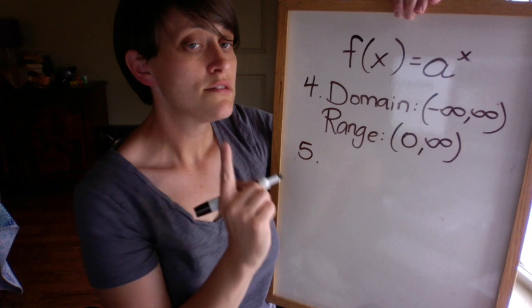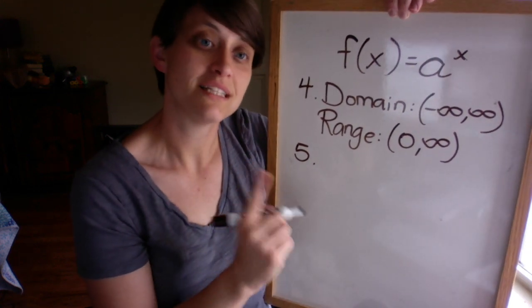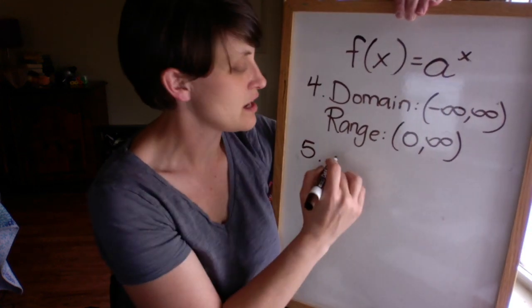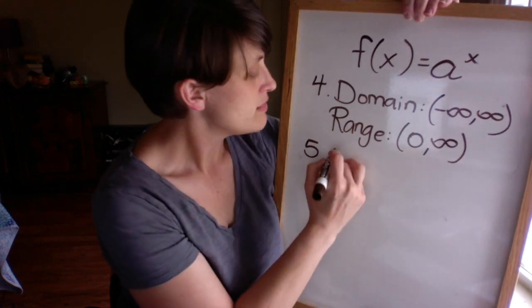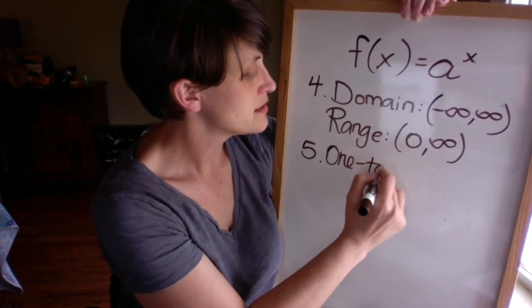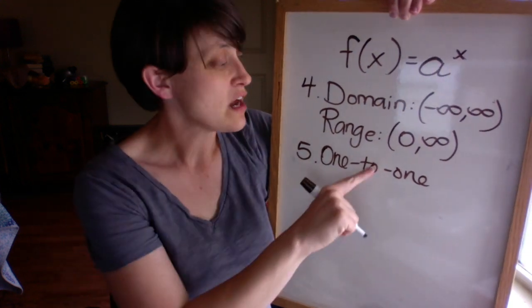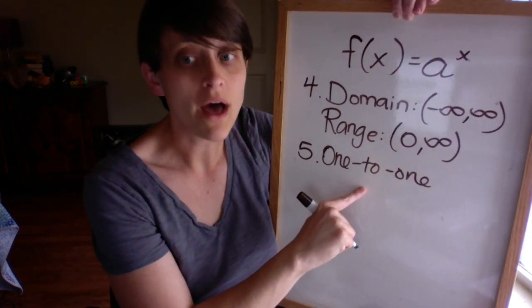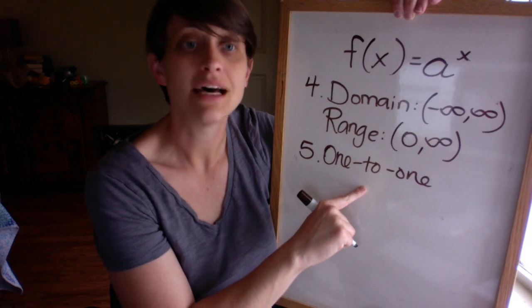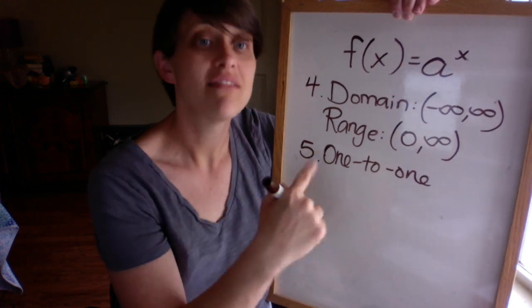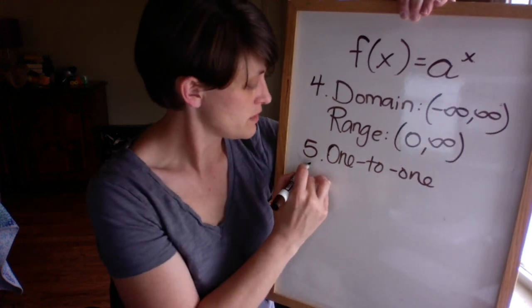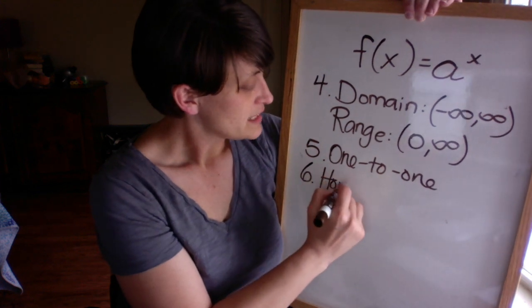All right. Super important, not necessarily for today, but for the next video or the next lesson. These functions are one-to-one. And we know from the last video that if a function is one-to-one, what that means is that it has an inverse that is also a function. That will come up in the next lesson. And then finally,